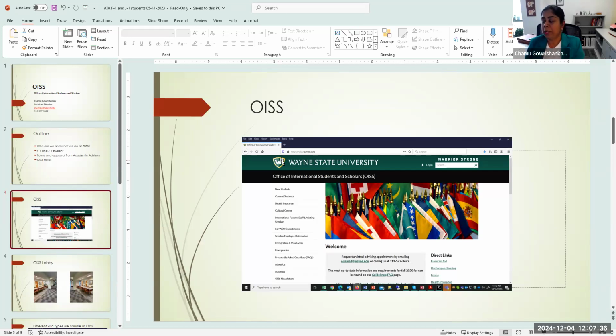So you'll see a big population of Canadian students as international students in your office. Those are some of the things that we do in our office. Other than that, we do a lot of programming for our students. We do a lot of events, cultural exchange events, and we used to do a lot of shopping trips and visiting places, taking them to different places so they are culturally accustomed to the US.